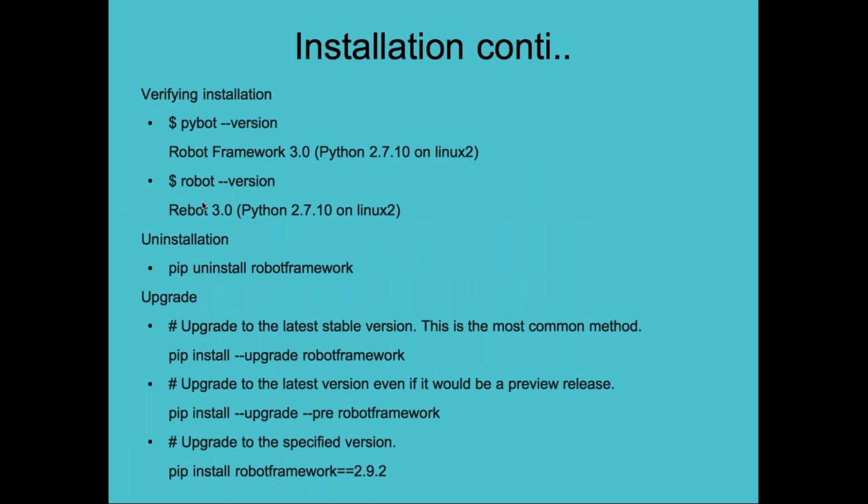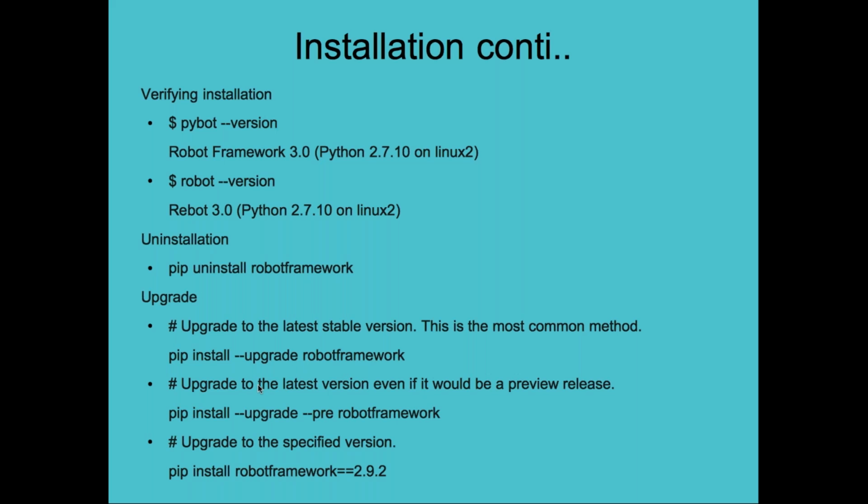So if you want to uninstall robot framework, you can give pip uninstall robot framework. Similarly, like any Python module, if you want to remove it, just pip uninstall and the module name you can specify. So if you want to upgrade to any specific version, you can use pip install --upgrade